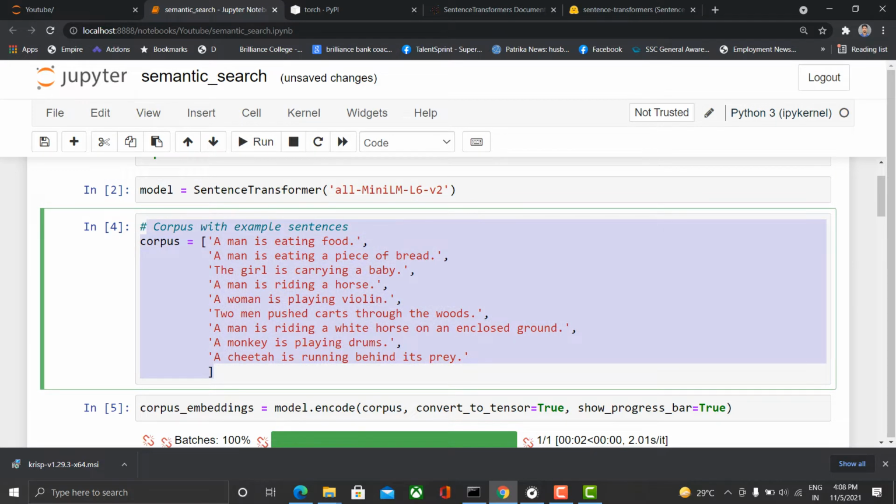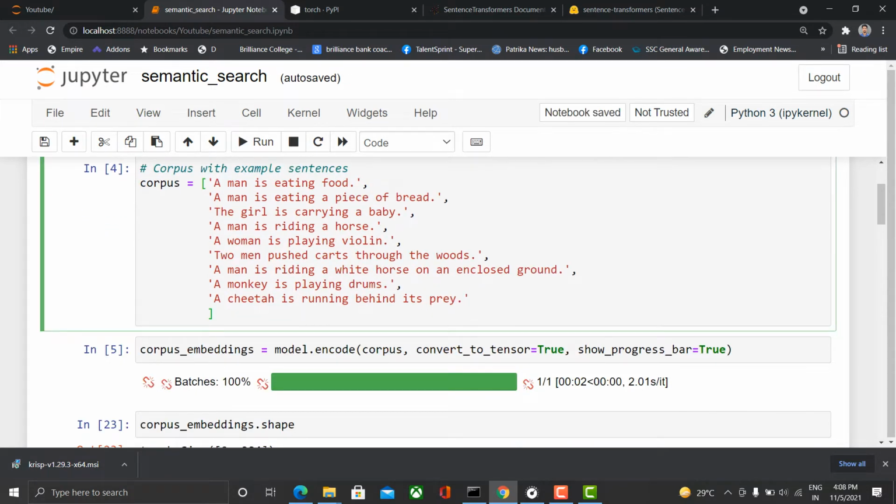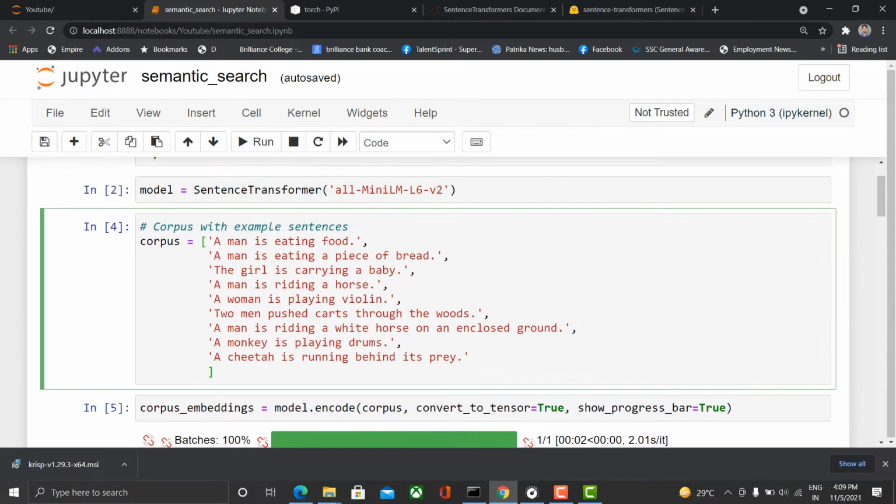This is the actual database, the corpus, in which we will try to identify the matching queries among this data. The corpus has these 9 sentences that you can check here. It's 9 sentences, so we call it a database. And next, you can see these are all sentences, so we cannot directly apply them. We need to convert these sentences into an embedded and vectorized format.